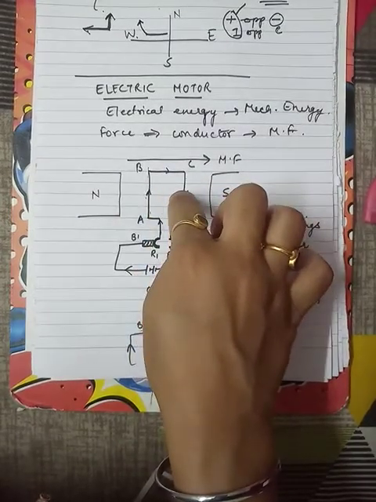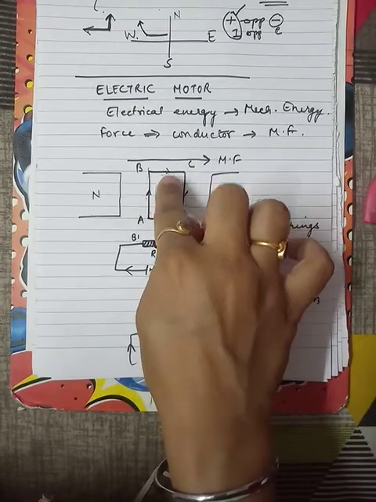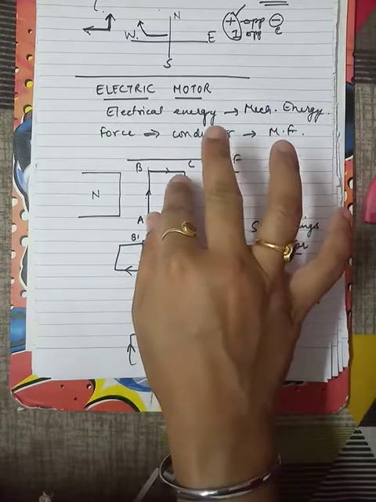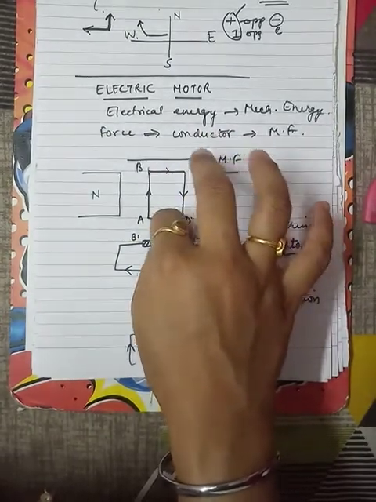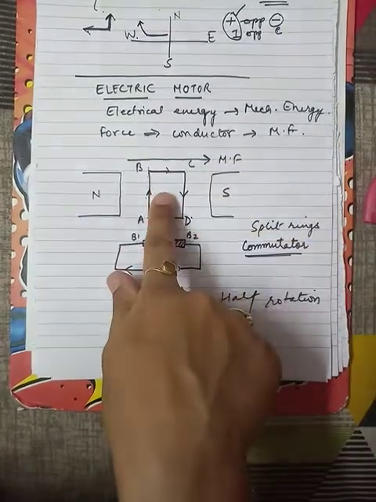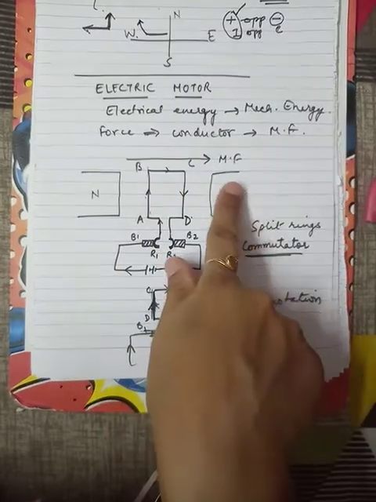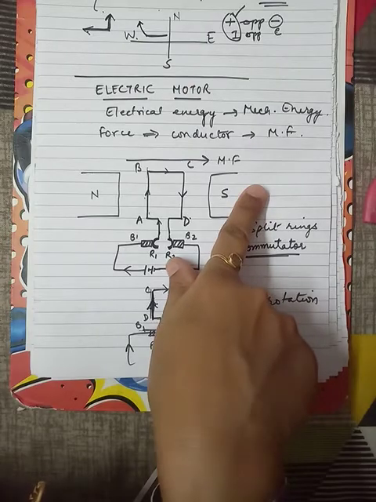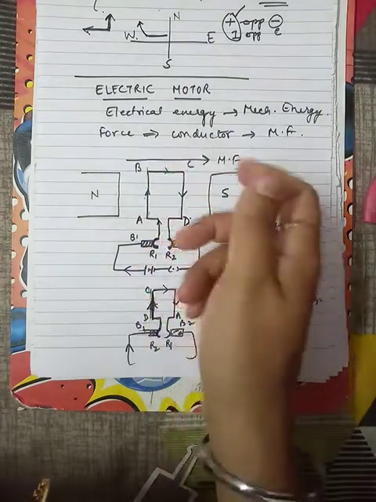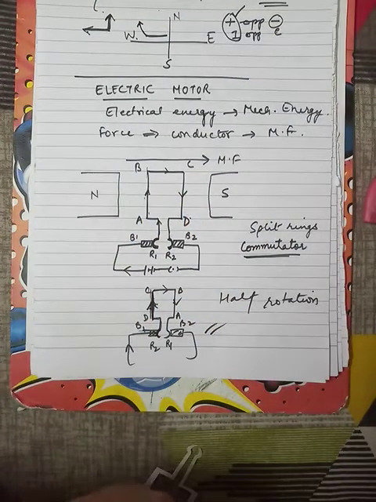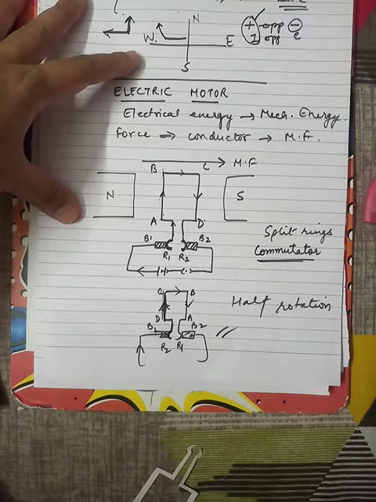Number of coils are increased, and inside this there is a soft iron core. So that complete setup along with the soft iron core and many coils is known as the armature. So in commercial motors we generally use an armature over here, and we use electromagnets over here in place of permanent magnets. Okay, why is it so? It will enhance the power of our electric motor. Hope you understood this topic well. Okay, thank you.